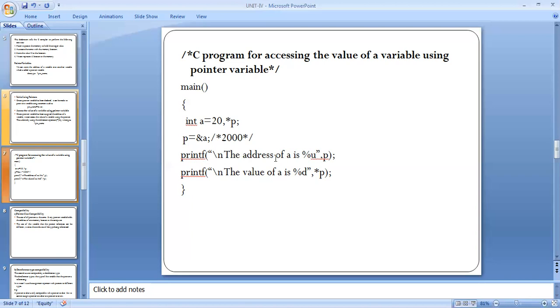Printf, the address of a is format specifier u comma p, and printf the value of a is percentage d, with the pointer variable and the semicolon. The pointer variable address is 2000, and the value of a is 20.